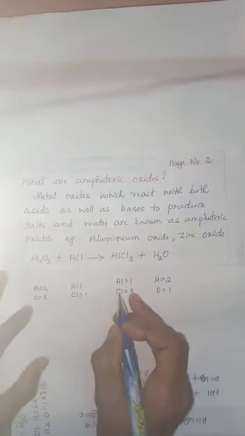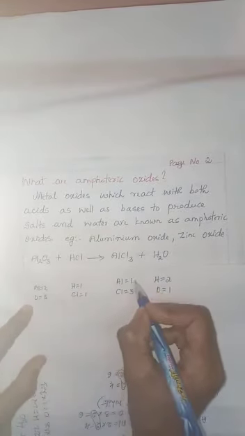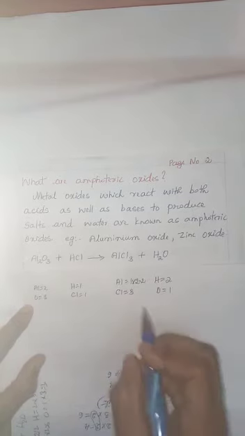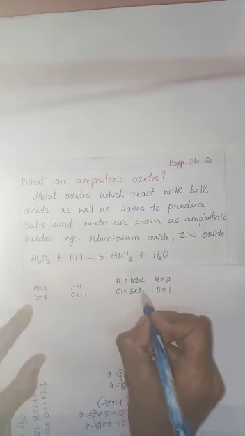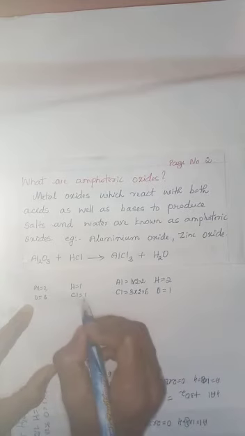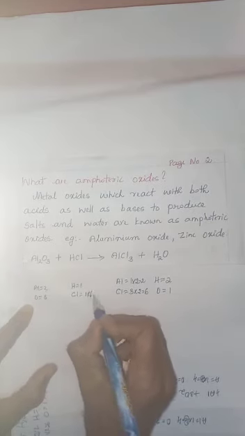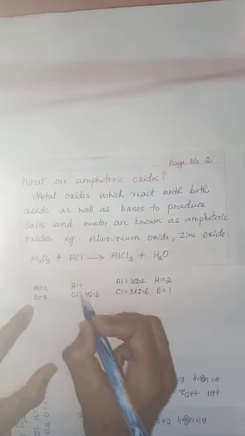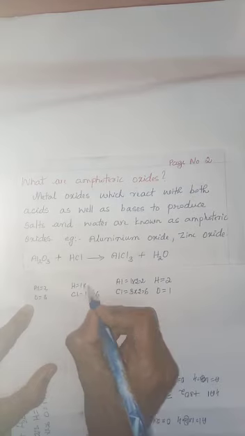Let us see the aluminium atoms. Here 2 atoms of aluminium. Here 1. You multiply this aluminium atom by 2. When you multiply aluminium, you have to multiply chlorine atom by 2. 3 2s are 6. Now look at this chlorine atom. Here it is 1. You multiply by 6 to make it equal. Hydrogen. When you multiply chlorine by 6, you have to multiply hydrogen by 6.